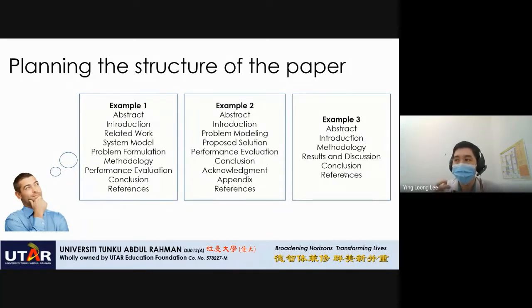Not on problem solving, but more on the analytical work, theory, more on developing a theory or something, right? So there are many examples. It all depends on what topic you are working on and whether it is analytical or a problem solving kind of work, right? So there are no definite ways to organize the paper or the structure of the paper, right? But it must be with a logical flow, right?